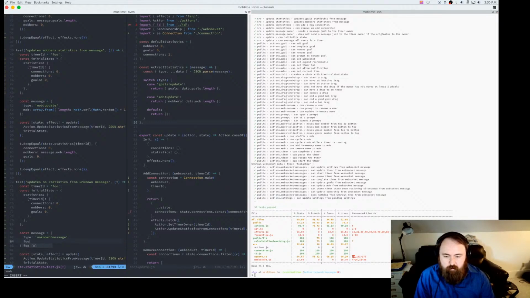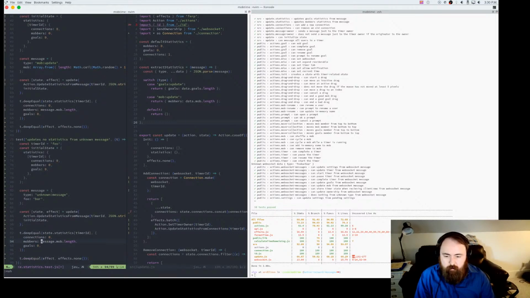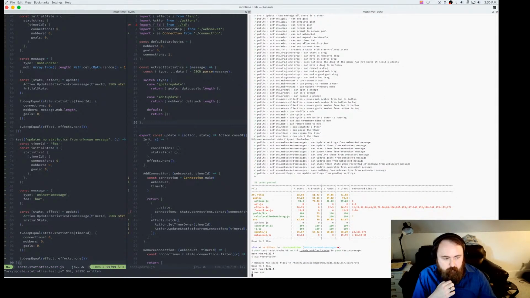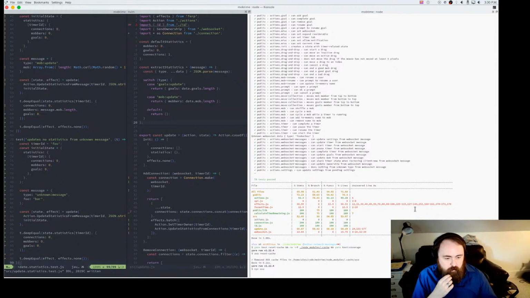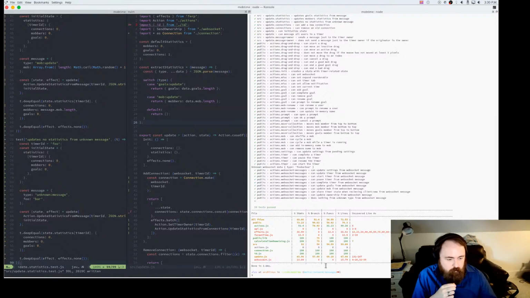And that could be foo bar in here. Who cares? And we know at the end of the day, it should not change any of the statistics. So that should get rid of line 24. Nice.